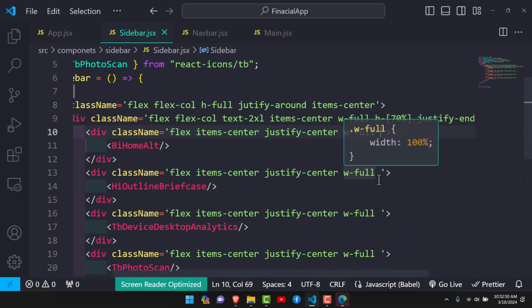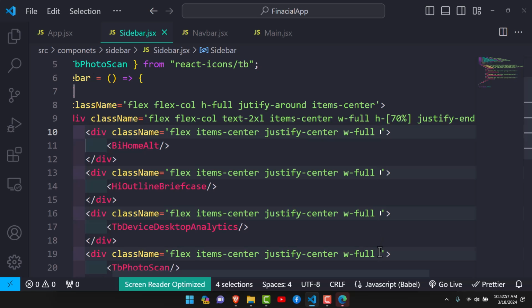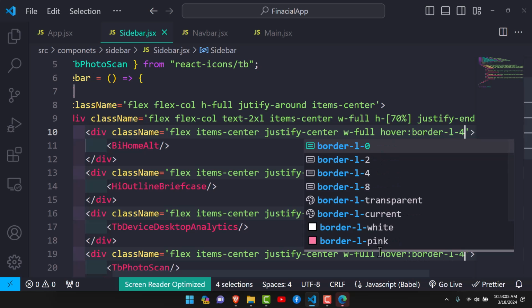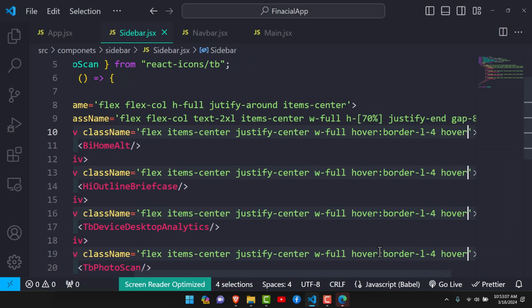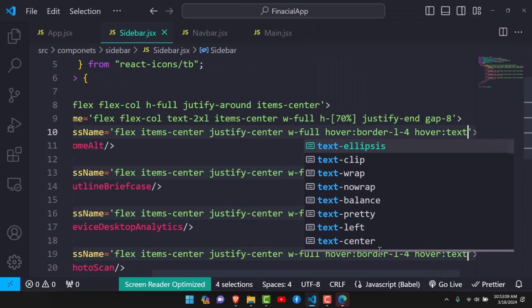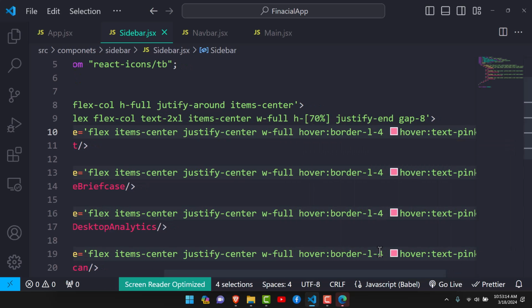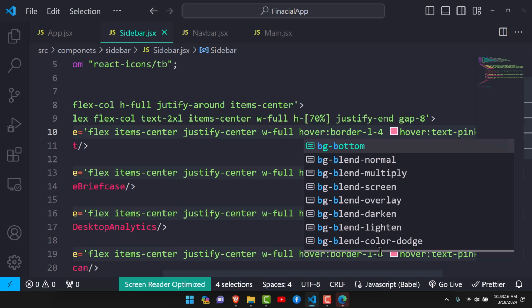So that should be like that, and I'm going to talk about on hover. We should have a border left with the size of 4. Again on hover we should have the text changing to pink from white, and the border color